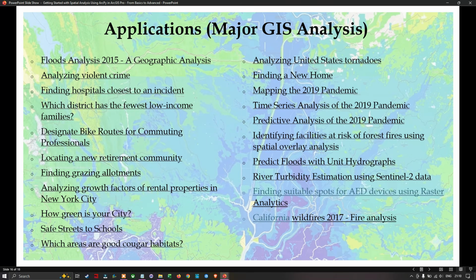These are the research and spatial analyses we're going to perform in this tutorial series, starting with flood analysis, analyzing violent crime, finding the hospital closest to an incident, which district has the fewest low-income families, designating bike roads for commuting professionals, locating a new retirement community, finding grazing allotments, analyzing the growth factor of rental properties in New York City, how green is your city, how to find the safest street to schools, which areas are good Kruger habitats, analyzing tornadoes in the United States, mapping the 2019 pandemic, identifying facilities at risk of forest fire using spatial overlay analysis, predictive flood with unit hydrograph, and river turbidity estimation using Sentinel datasets. And lastly, the California wildfires of 2017 fire analysis, and a lot more research analyses will be performed in this